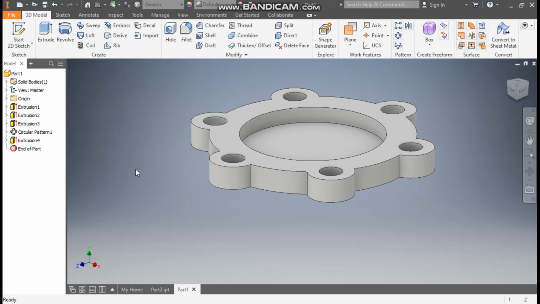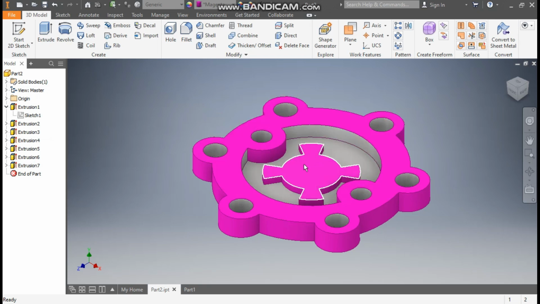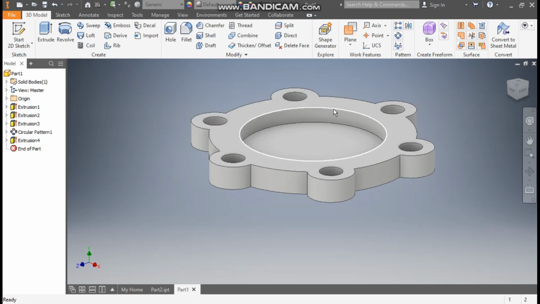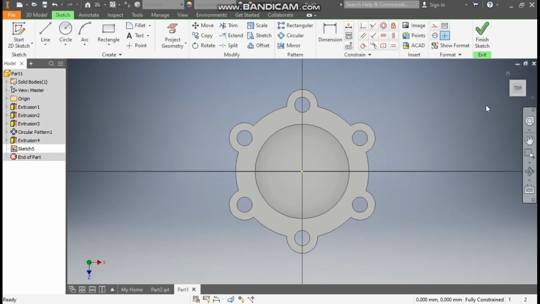Okay, now go to part 2. Here you can see we have constructed this outer profile and we have constructed this cut profile. Now we are going to construct this profile and this profile and the last will be this center profile. Okay, go to part 1, select this face, go to create sketch, rotate. Now here take circle command, at this edge make circle of diameter 32